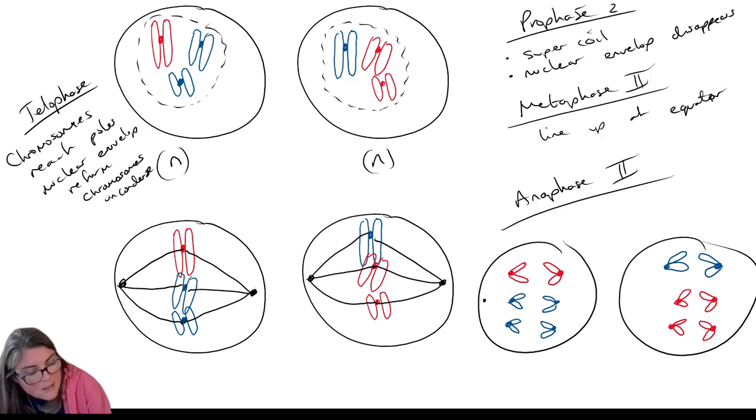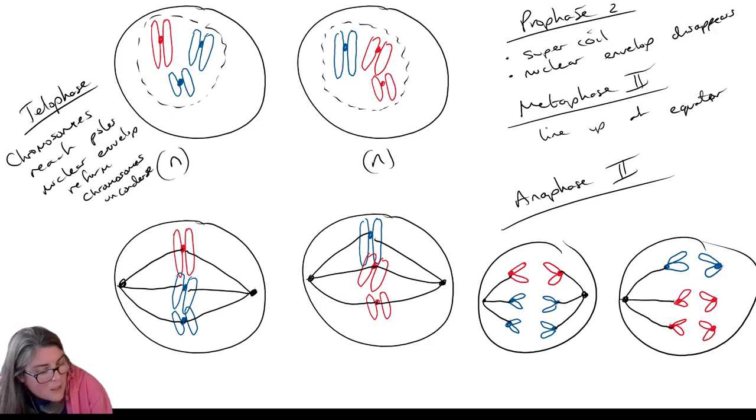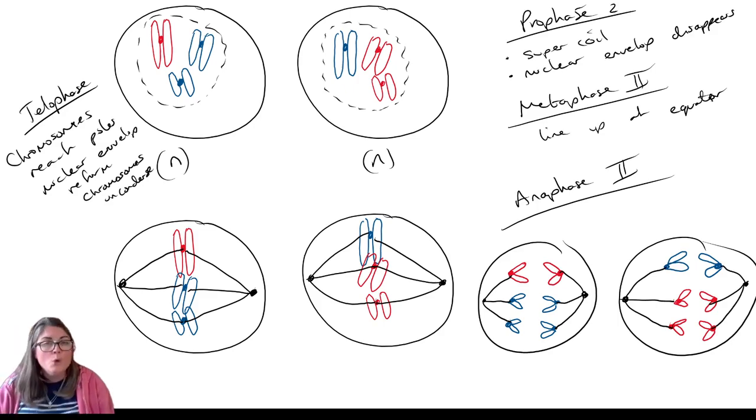sister chromatids apart. So the spindle fibers are retracting back to the centrioles, and as they retract back to the centrioles, they will pull those sister chromatids apart. So they're being pulled apart, and because they're being pulled apart, they're retracting back. We now will have the